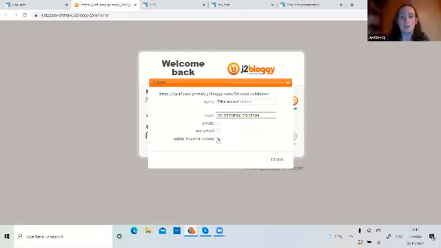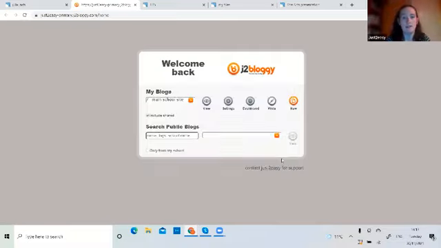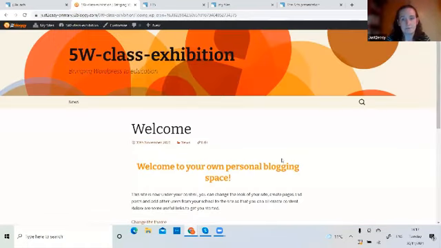I'm going to do this for this particular blog because I want to be able to share it with my parents. Obviously, you would need to be aware of your school's data protection and any children who might or might not be able to have photographs of them shared, for instance. But this allows us to share it with parents. I'm then going to click create, and it's going to auto generate this blog for me. And then I'm going to change just a few things to make this look really nice.